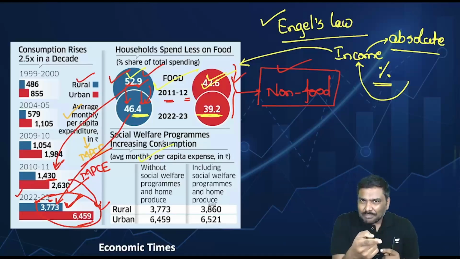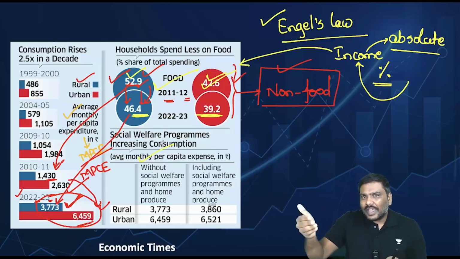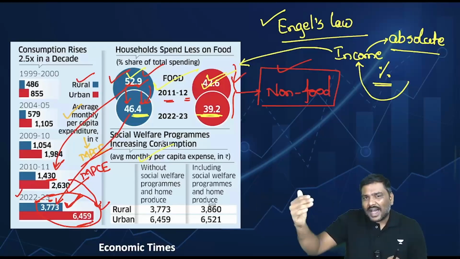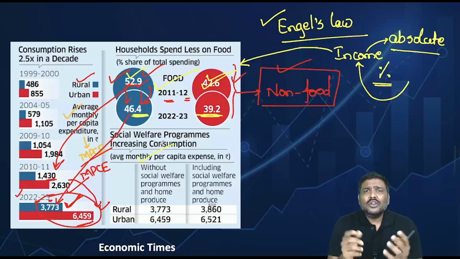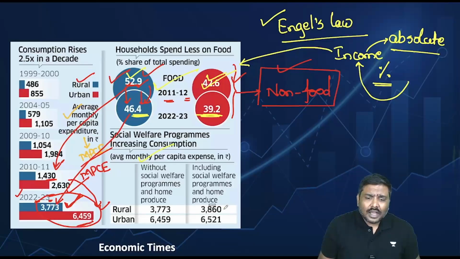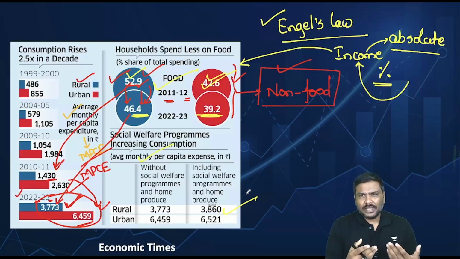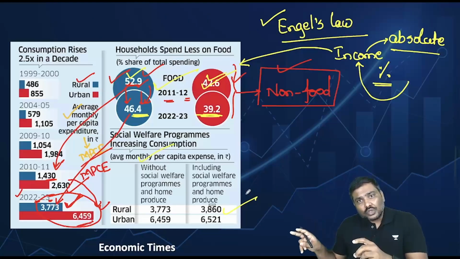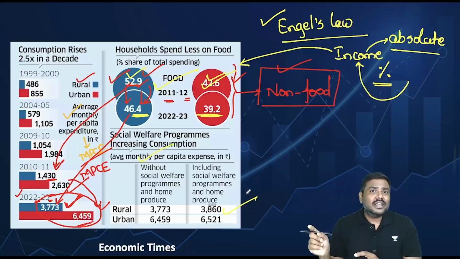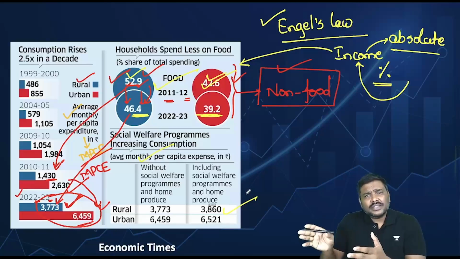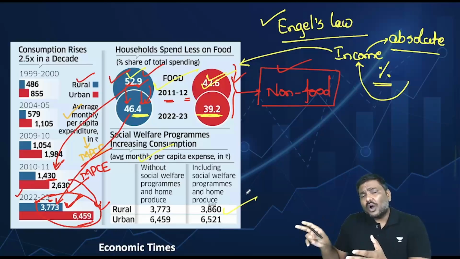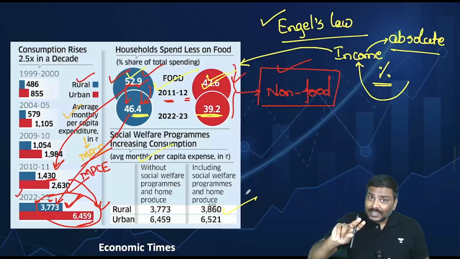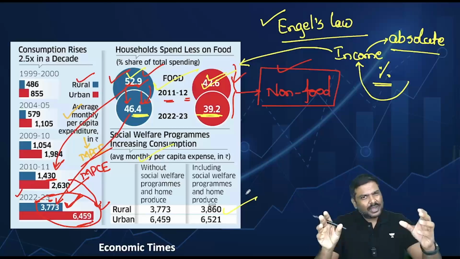And because I'm not spending money, when the survey is conducted and they ask me for data, I will not be giving the data of this kind of imputed value of expenditure. Imputed means you are considering these social welfare facilities which are given by the government, on which the beneficiary does not spend money. Just to make it much more clear,